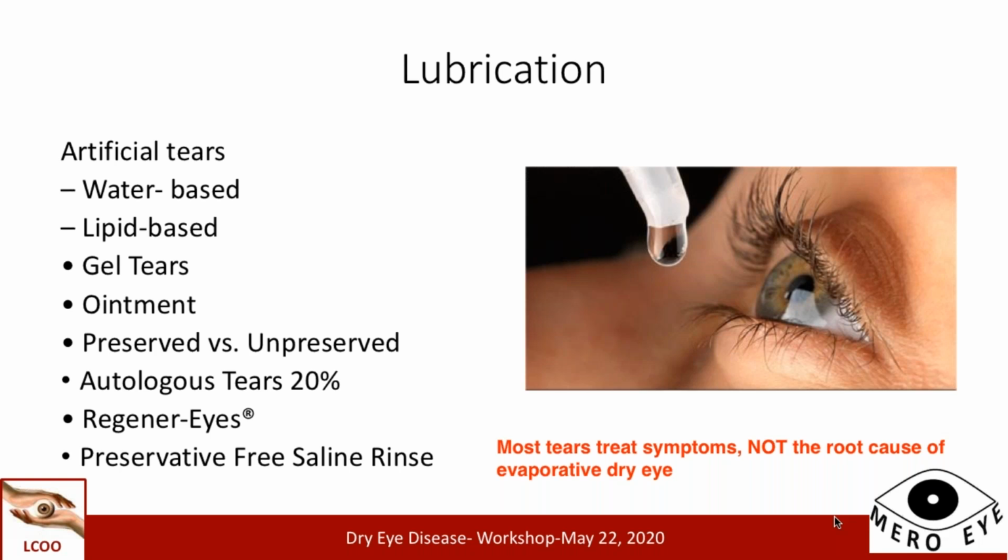How you can evaluate it is we have machines which actually measure the osmolarity of tears. It's called a TearLab. You can take a little sample of the tear, or if you have labs that can measure the osmolarity, you can take a sample even with a pipette, send it to the lab to measure the osmolarity of the tear, and based on the imbalance, you can choose